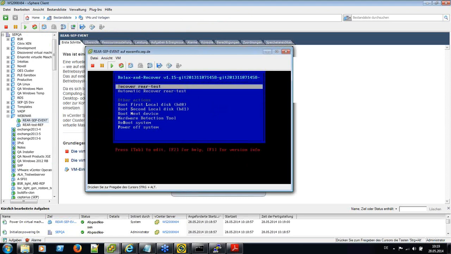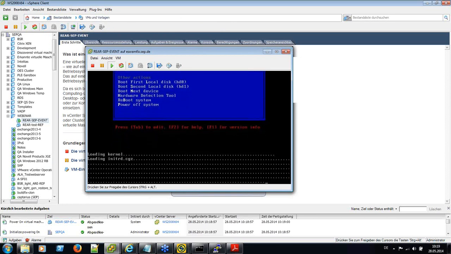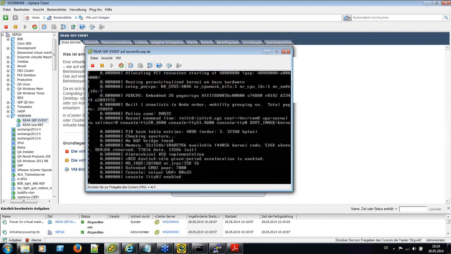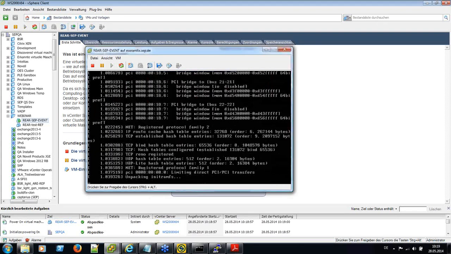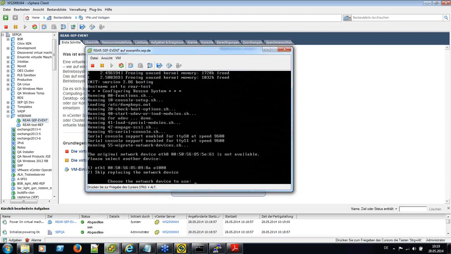You can also boot from the running system. We're going to just choose recover rear test, which was the name of our system. And it will basically boot the Linux kernel and all the tools which were backed up from the system. And the first thing we're going to note during the boot up is it's going to ask us whether we're going to